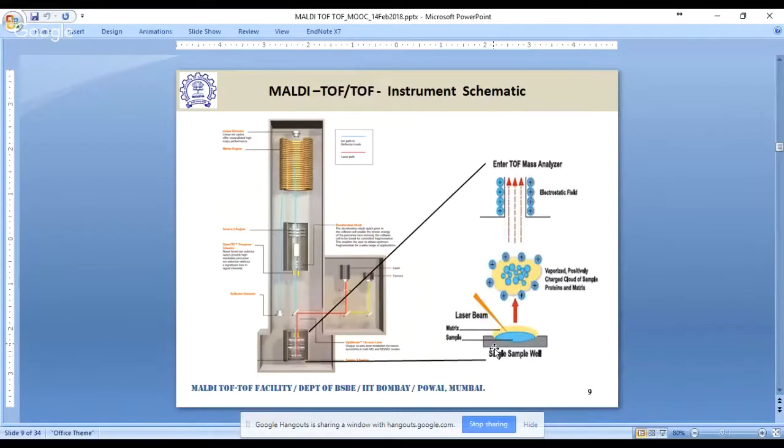This mode of detection is therefore called the linear mode. But sometimes, if the samples have a very low molecular weight, the ions that are generated are very small, and therefore this path length is not enough to resolve them properly. For this reason, the instrument is supplied with a lens, depicted as a yellow series of lenses over here, and the ions are then deflected along another path and then detected by a second detector which is present very close to the point of entry of these ions